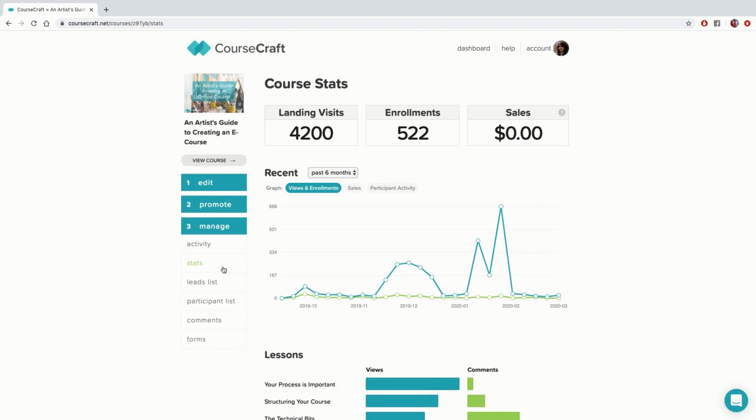The stats page of your course can help you figure out what's working and what's not. First, check the views and enrollments graph. This shows the views on your landing page and how many enrollments you got that day. The views will always be larger than your enrollments, obviously, but if there is a significant difference, there may be something wrong. If your landing page is getting tons of views but very low enrollments, you know you're doing a